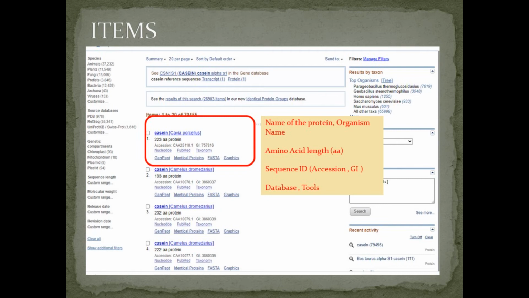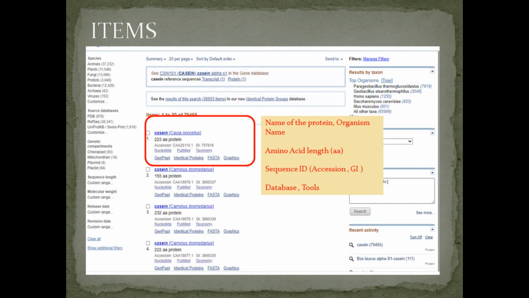Then here are some hyperlinks related to different databases, like nucleotide, PubChem, taxonomy data bank, GenPept entries, identical protein, and FASTA. Then finally the graphics database. These are all the information related to our query.